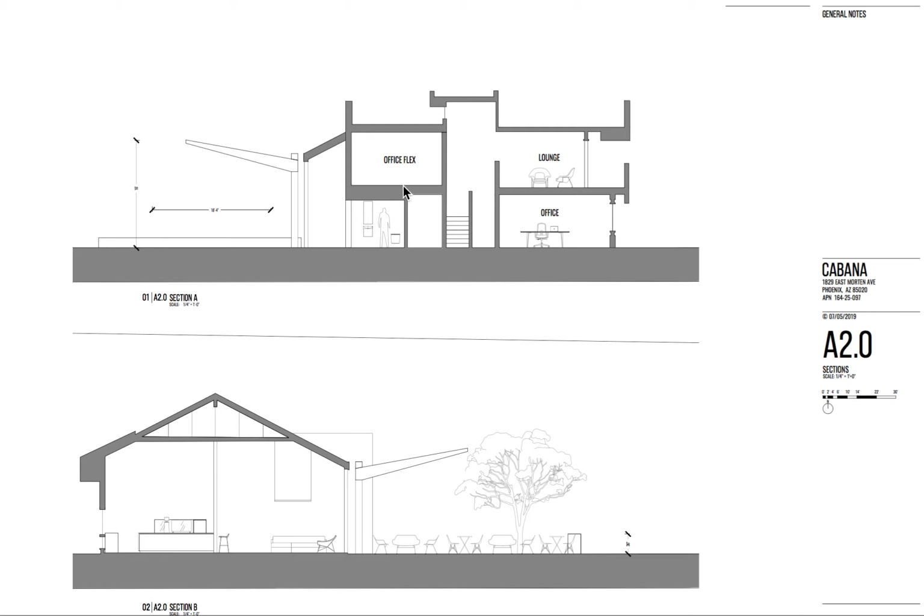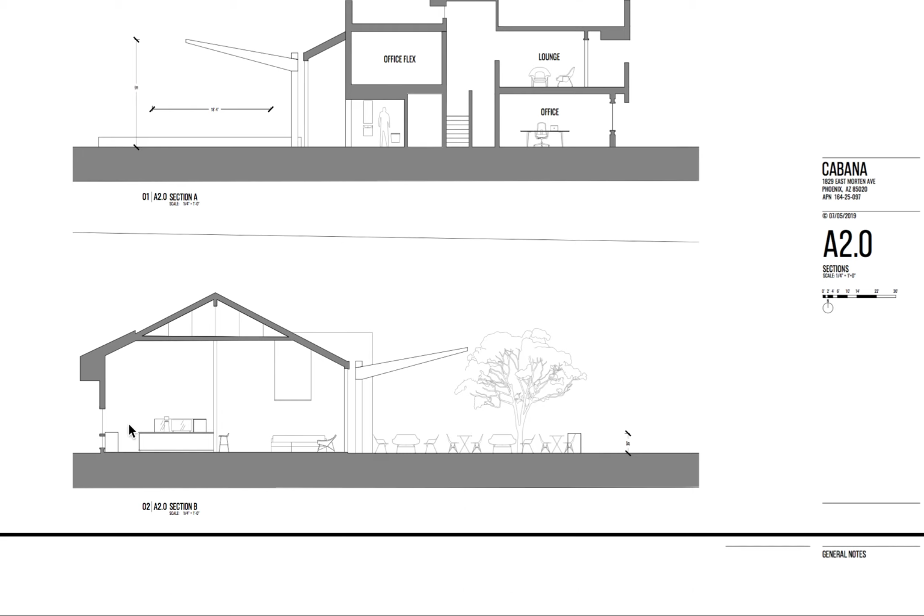This is the office flex space. And again, this would be a glass wall, or it would be a balcony that you're looking down with no glass separation. This section is being cut looking the opposite direction. So again, walking through this outdoor entry garden court into the lobby space. The grandness of the sort of vertical height in the space is our asset. This is something we really want to show off, and we feel that this will feel very nice with these